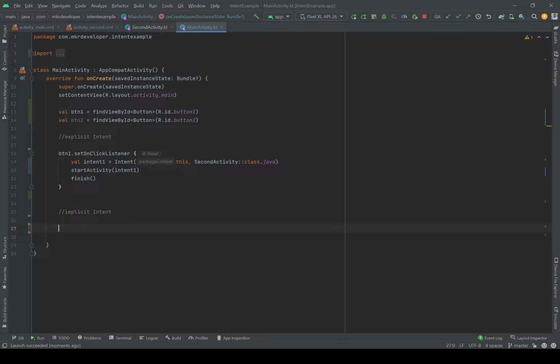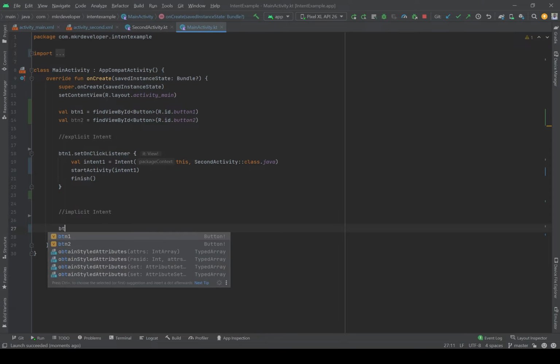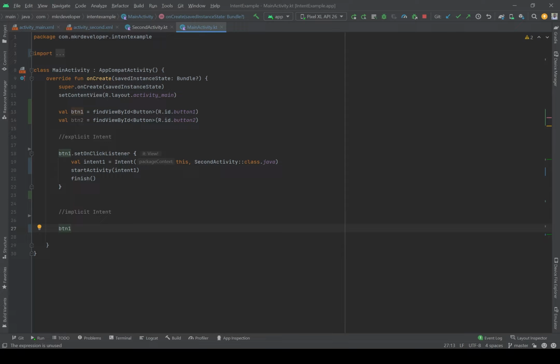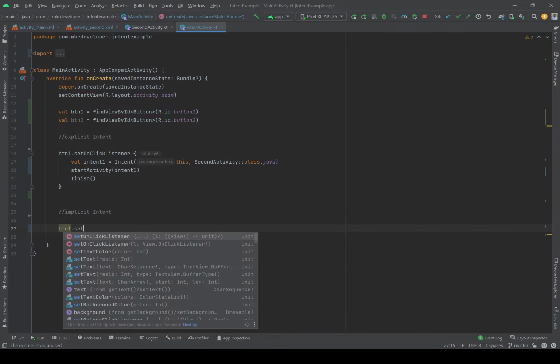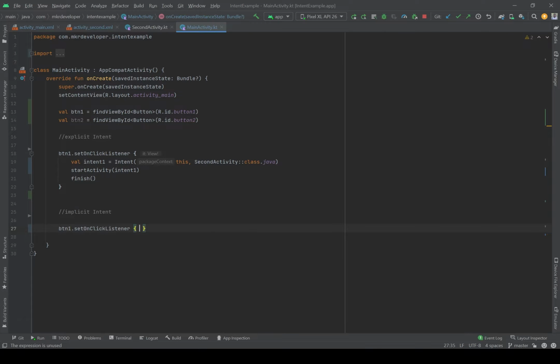I need to connect button 2 to the function setOnClickListener to check if the user is pressing it or not, and I need value intent the second equals to intent,